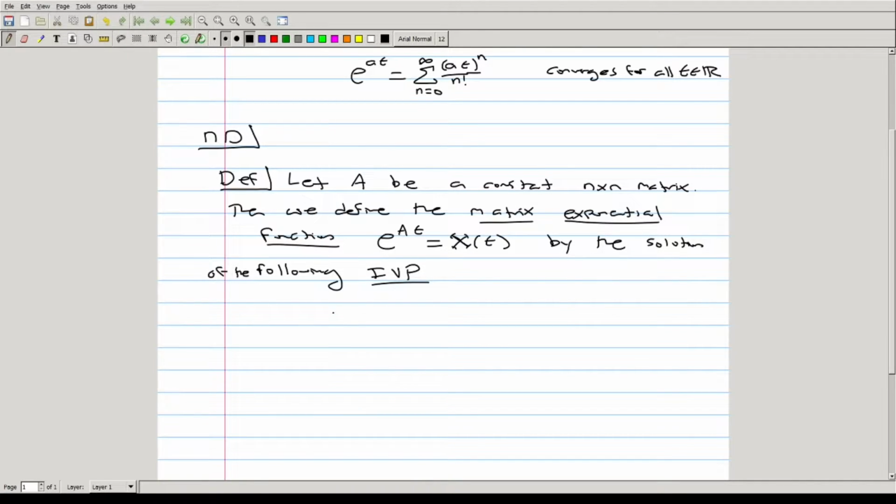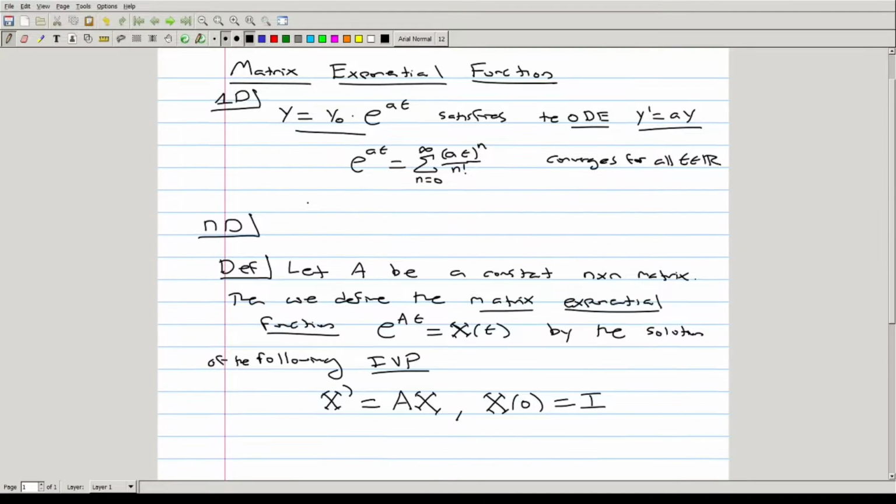And this is a matrix initial value problem. You see that X prime is equal to the matrix A times X, with X of 0 being equal to the identity matrix. Just like the function x equals e to the at is essentially defined by the differential equation x prime is equal to a times x with an initial condition x of 0 equal to 1. Only this now is a matrix